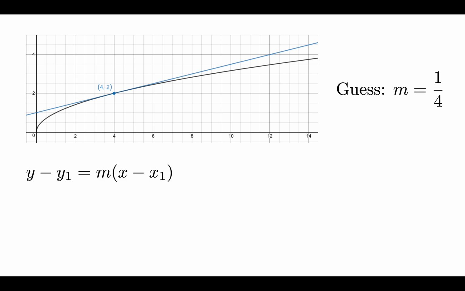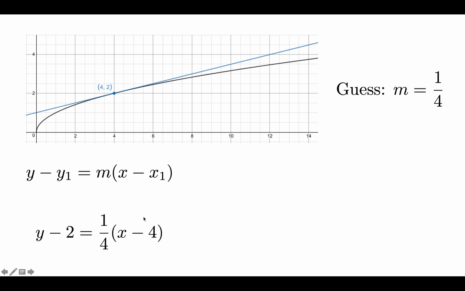So again, there's our point slope form of the line. y minus y1 equals m times x minus x1. Again, that y1 and the x1 just come from this point, (4, 2). So I'm going to plug in 2 for the y-coordinate and 4 for the x-coordinate. And then for my slope, I'm plugging in that 1/4. And then the same deal as what we did last time, I'm going to